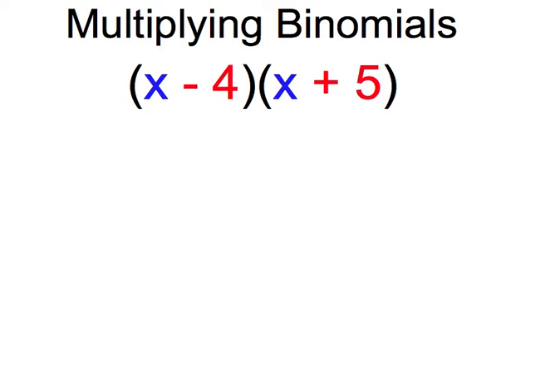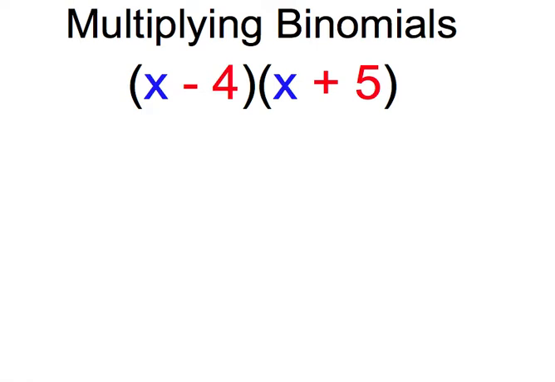Hello, and today we're going to learn how to multiply things called binomials. A binomial is a term that we group together that's made up of two individual terms. You can actually see right here that there are two different binomials. The first one is x minus 4, because x and 4 are two different terms that are being grouped together. And the second one is x plus 5, because x and 5 are two different terms that are being grouped